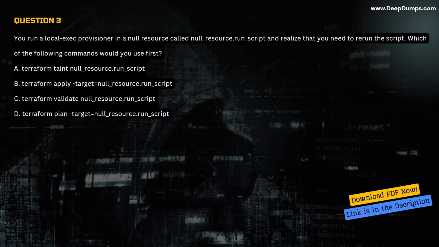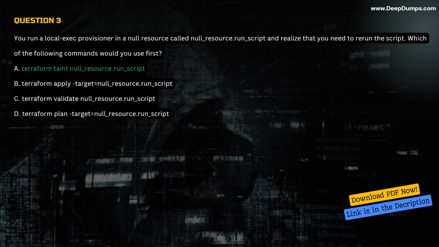Question 3. You run a local exec provisioner in a null resource called null_resource.run_script and realize that you need to rerun the script. Which of the following commands would you use first? A. Terraform taint null_resource.run_script. B. Terraform apply -target=null_resource.run_script. C. Terraform validate null_resource.run_script. D. Terraform plan -target=null_resource.run_script. Correct answer A. Terraform taint